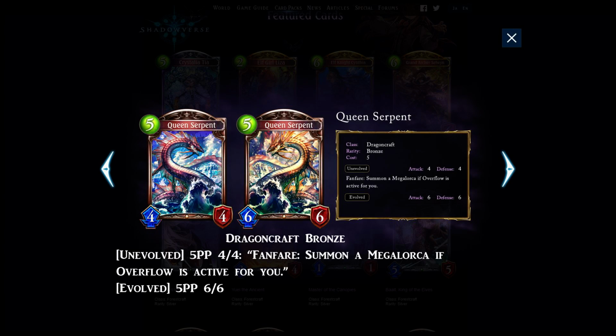Next, Queen's Serpent, 5 mana 4/4. Fanfare, summon a Megalorca if Overflow is active for you. So you get a 4/4 and a 2/2. 6/6 over 2 bodies isn't bad for 5 mana. Plus if you're running Neptune, you get the Megalorca synergy if you can evolve her. Not a bad card, but wait until you see